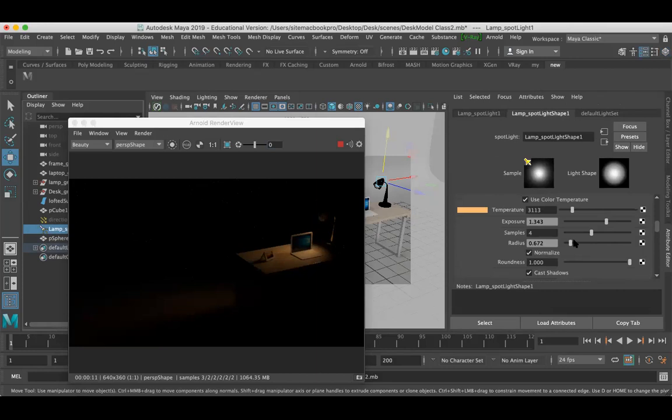Now the radius, I want to increase the radius, and wait for the render to be completed so that we can understand what is happening in the model.